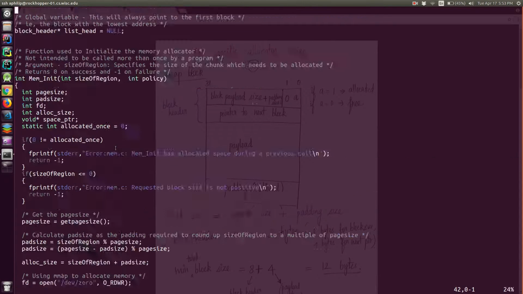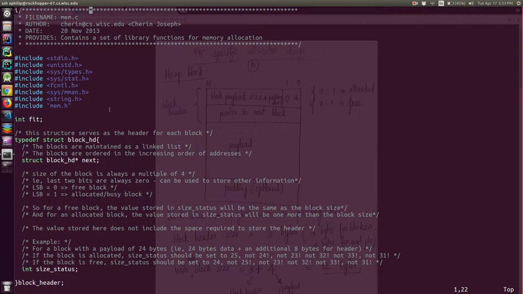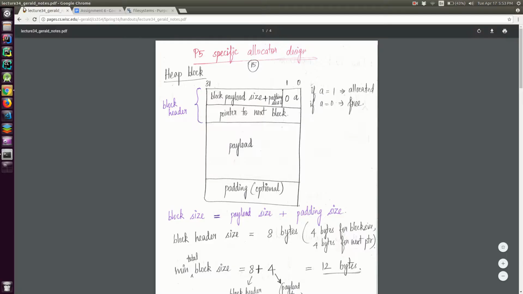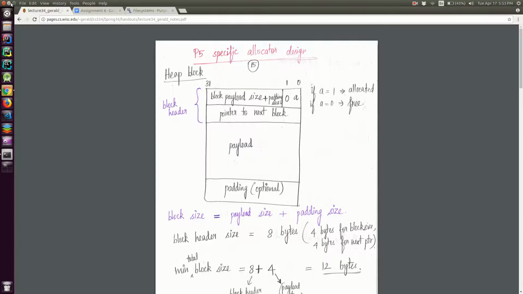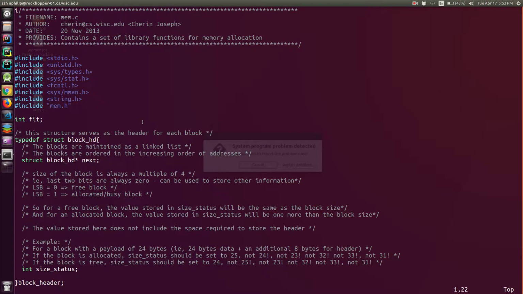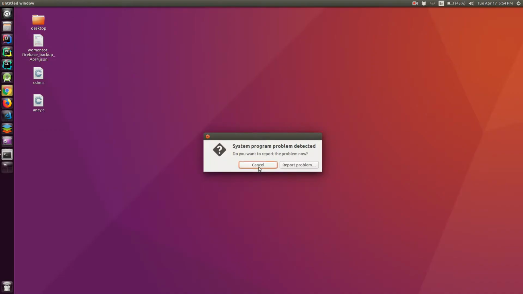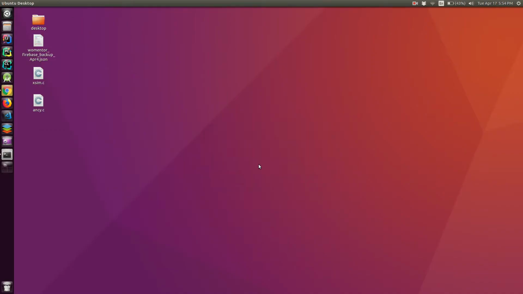Now let's go to the terminal. Let's look at the sample skeleton code that was given to you for mem.c. Do you want me to minimize the background, or is it see-through? I'll probably minimize that. Give me a sec. Okay,